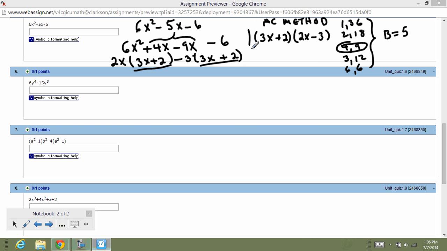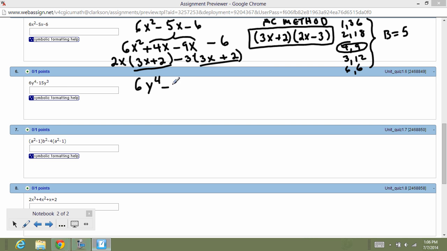So there's your answer. Of course, the order could be reversed by commutativity. You might have had the 2x minus 3 first and the 3x plus 2 second, but that's another example of the AC method. Now, as you look at question 6 here, we got 6y to the 4th